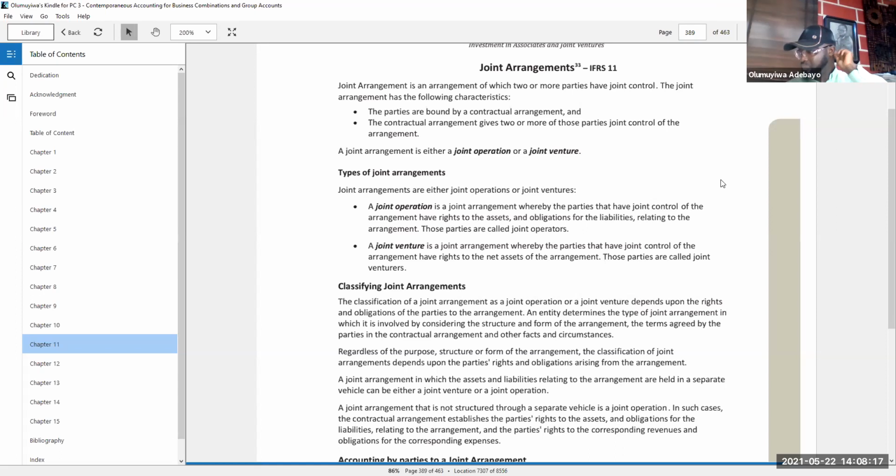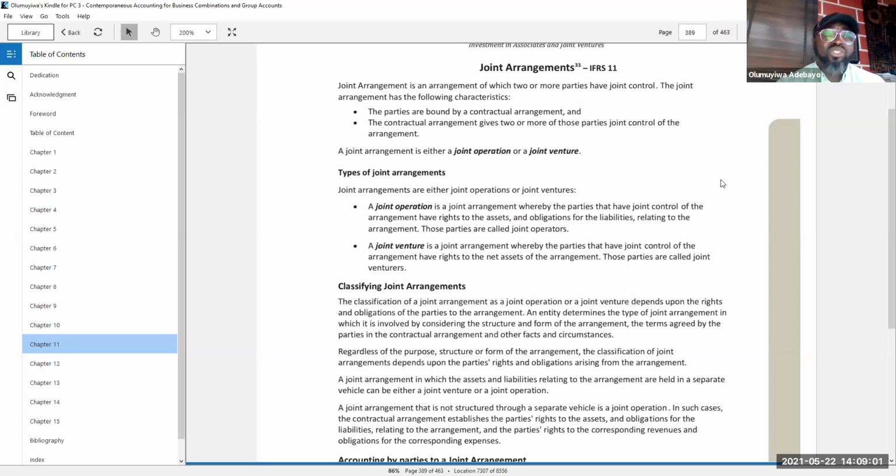Now, let me break it down. If two companies, whether they are in the same line of business or not, come together for a common purpose and objective to pool resources together in order to jointly operate an asset, or jointly operate certain activities which would benefit both parties, such activity will be considered a joint operation agreement. And therefore, that will have created a joint operation.